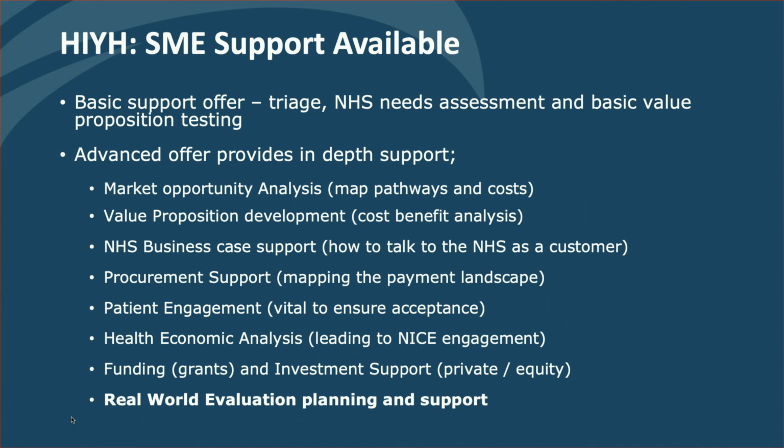So we actually have a small pot of money for real-world evaluation, where the health economics and impact of that project can actually be measured and reported. And therefore, they can use that going forward for business cases and other activity with the NHS. And all this activity really depends on the needs of the individual. So we don't have a one-size-fits-all, and we're able to utilise the skills and background of all the different people